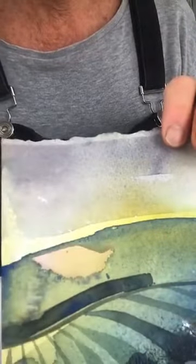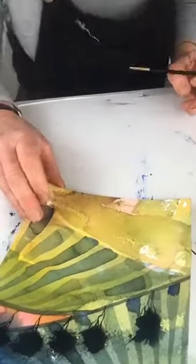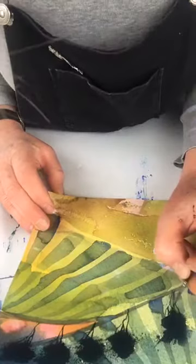Anyway, so we've got these. I love all the colours from the top, like these yellows and greens and blues are really doing it for me. Just going to dip you up again. Just make sure that I have got